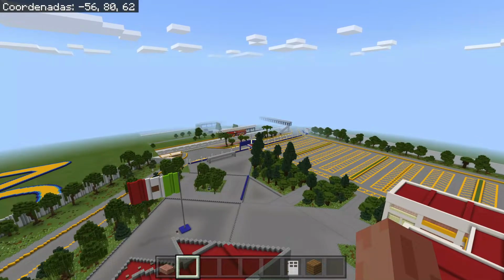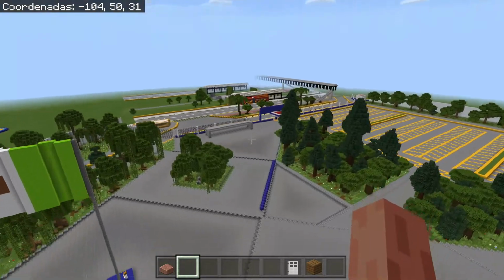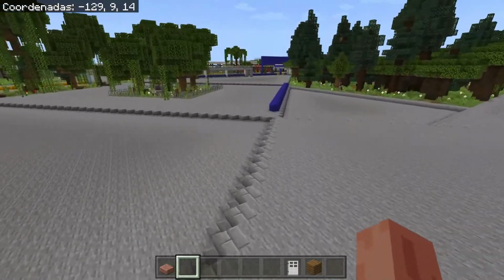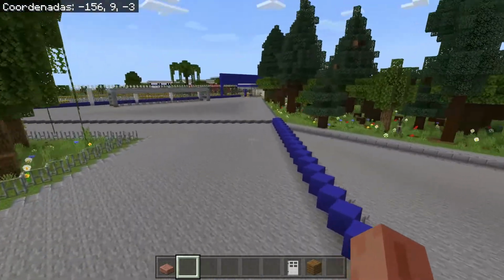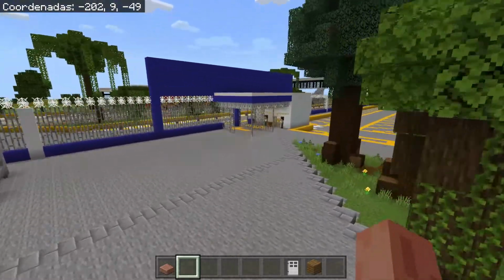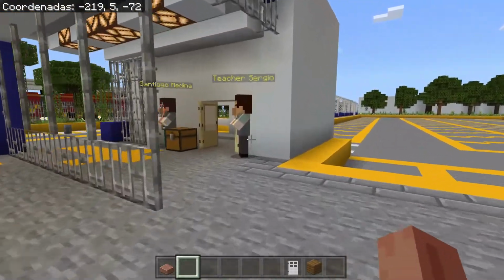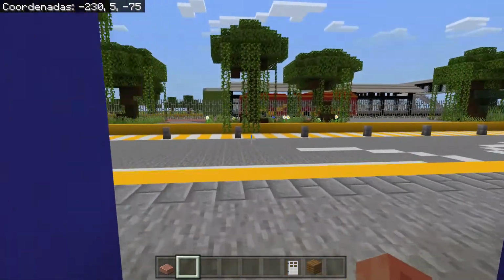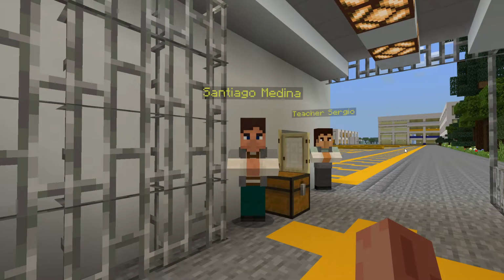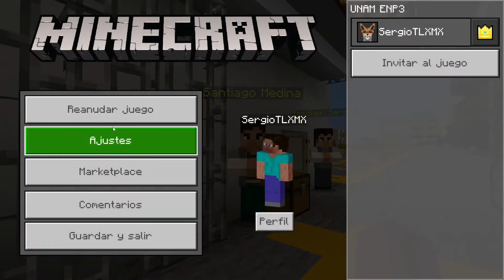What do I mean by missions? These missions are rather simple. Do not expect something big, and yet they are, I think, going to add much value to the Minecraft experience, the English learning via Minecraft experience. So remember that Santiago, the creator of this replica, and myself are already in the entrance. And so, for instance, if I stand here and I go to settings and change the mode from creative to survival, I'm going to activate some missions.